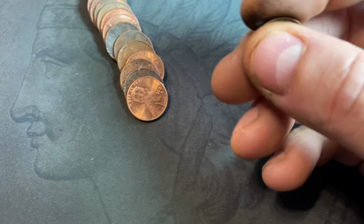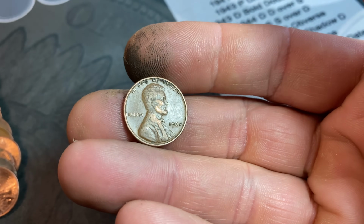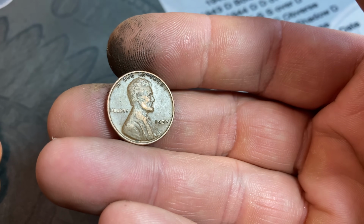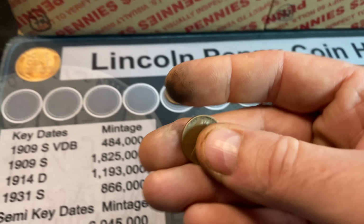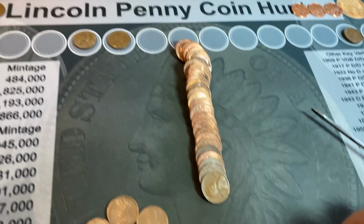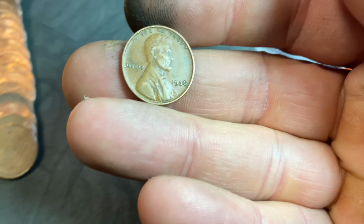Same roll, and we have a wheat cent from the 30s. Unfortunately, it's not with a mint mark. It's a 1937 Philadelphia, which we don't need, but I will definitely take one from the 30s because we don't see them often. Roll number 28, another wheat cent and another one from the 30s, and it's a 36,